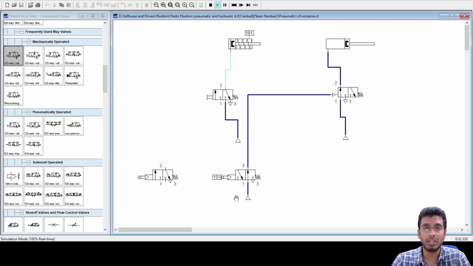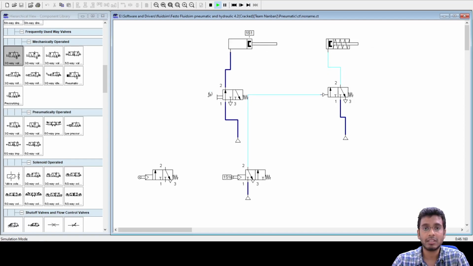In this case we'll be using a 1S1 valve, a roller valve, to detect the end position of your first single acting cylinder, and with this the second should retract. When I press this, the cylinder has extended, which resulted in the 1S1 valve getting closed. Since it was a normally open valve, the moment it is actuated, it got closed, and then your cylinder retracted back. Hope this circuit makes it clear.